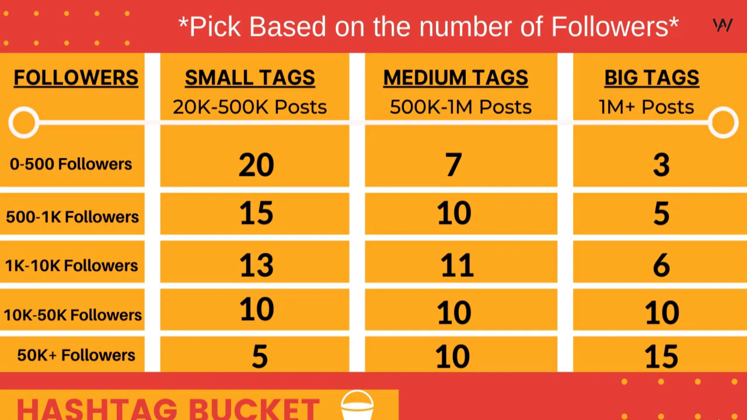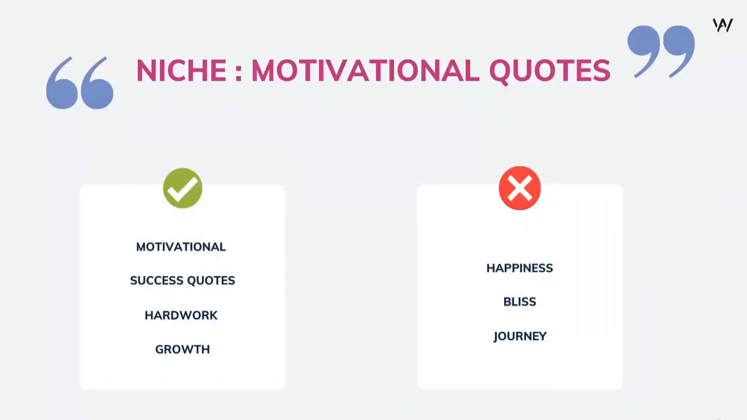So as per the hashtag bucket, I'll be using 15 small tags, 10 medium tags, and 5 big tags. So let's go and find our hashtags. If you remember from the previous videos, the first thing that you have to note is that you have to think of keywords that you can search for in the Instagram search engine. And keeping the concepts of banned hashtags and spammy hashtags in our mind,